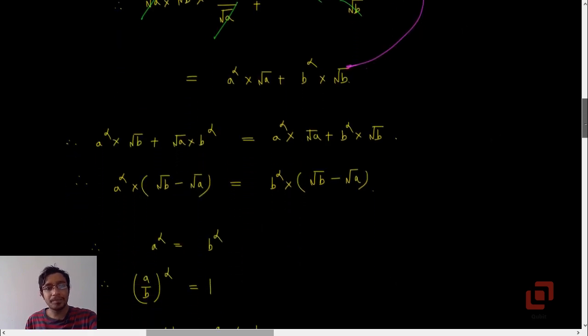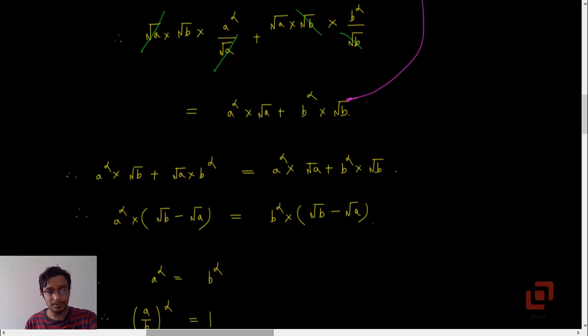Now equating these two things, we will get our answer. How? You observe that a raised to alpha is present on both sides, and so is b raised to alpha. So now we can think of collecting a to the power alpha terms, bringing them on one side and repeating the same process for b to the power alpha, and that's what I have done here. I have brought a to the power alpha terms to the left hand side, so inside the bracket we will get root b minus root a. Same thing with b to the power alpha, but this time on the right hand side. Again you will see this factor root b minus root a popping up.